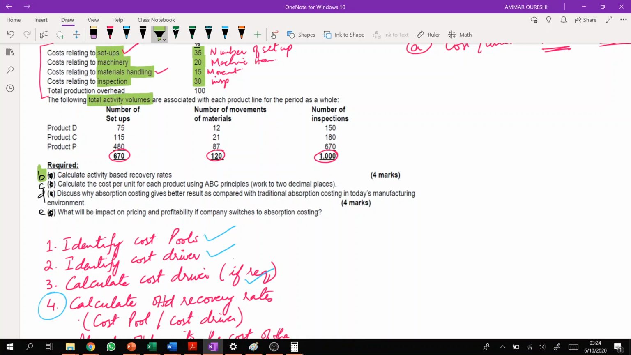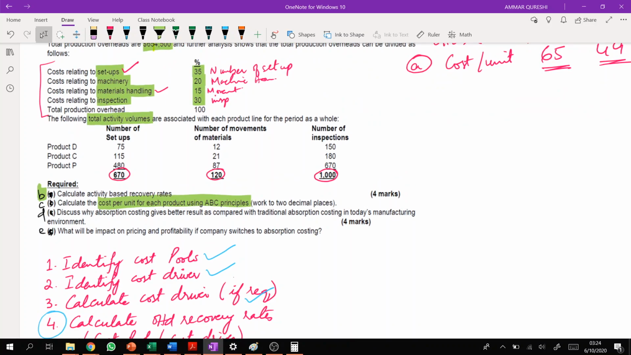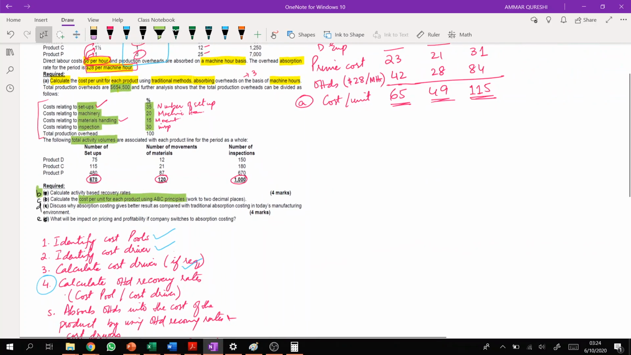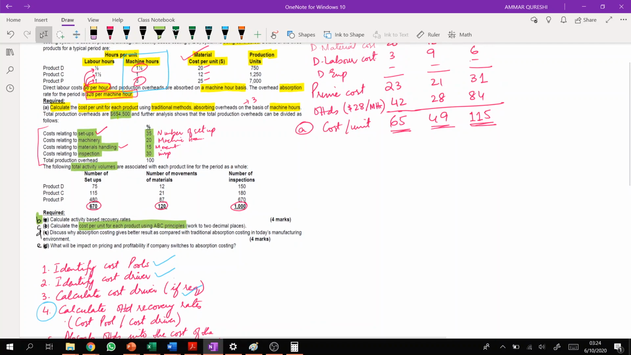So first of all, we are calculating overhead recovery rate. Then we will calculate cost per unit for each of the products by using ABC principles to two decimal places. And then there are two theoretical parts, so we'll do it later. Right now we are focusing on B and C. So let's start with the calculation of overhead recovery rates, right? Okay, so we are going to start with the calculation of part B, which is the calculation of overhead recovery rates, right? So the first one is setup related cost,